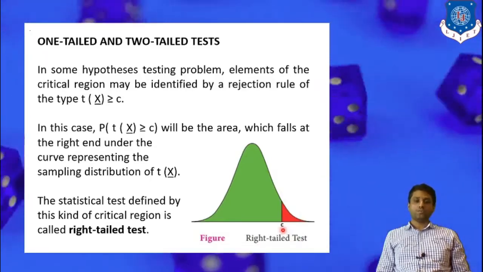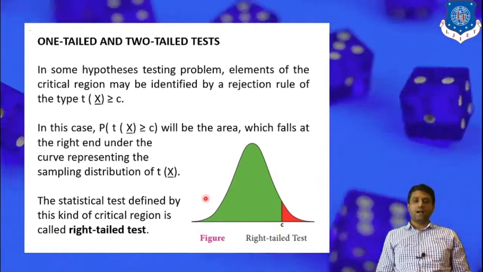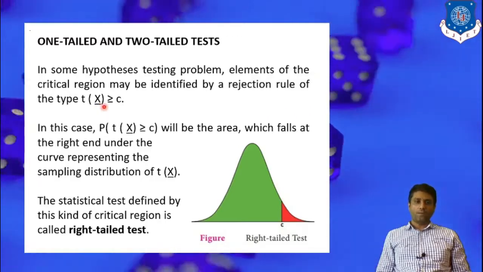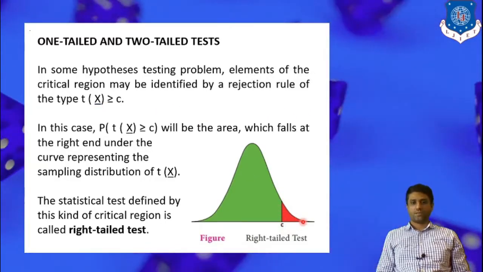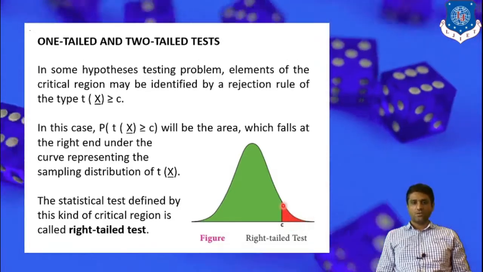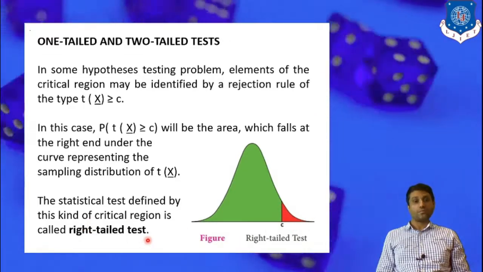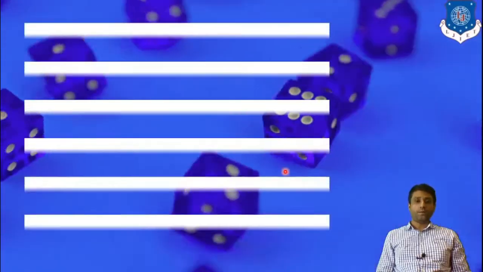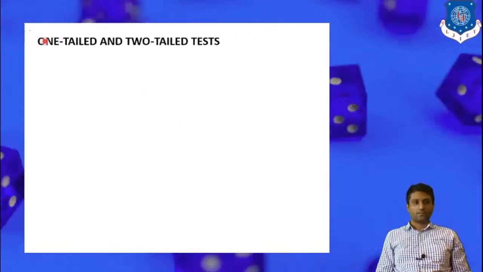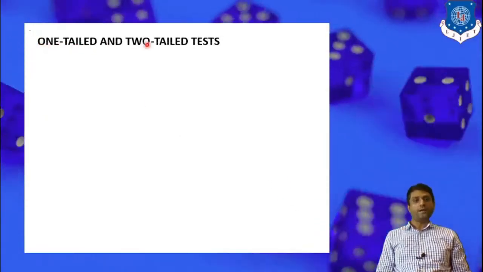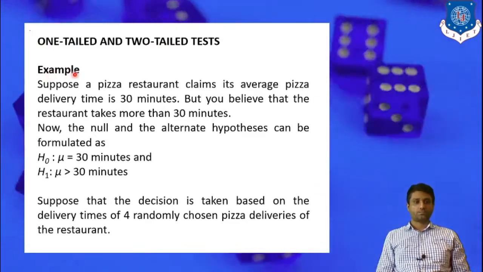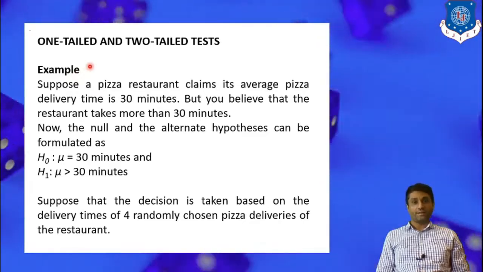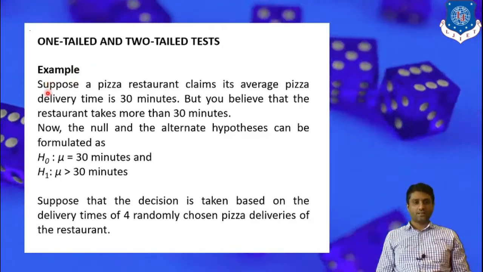So whenever we have to check whether our null hypothesis is accepted or rejected, we have to identify in which particular portion our probability is lying. If it is lying in this type of portion, we have to go through the right tail test. Now we understand the same thing by considering one particular example, continuing one-tail and two-tail tests. Let's see one example. It gives deeper insight into how we can apply the one-tail, that is right tail, test. So let's start the example.